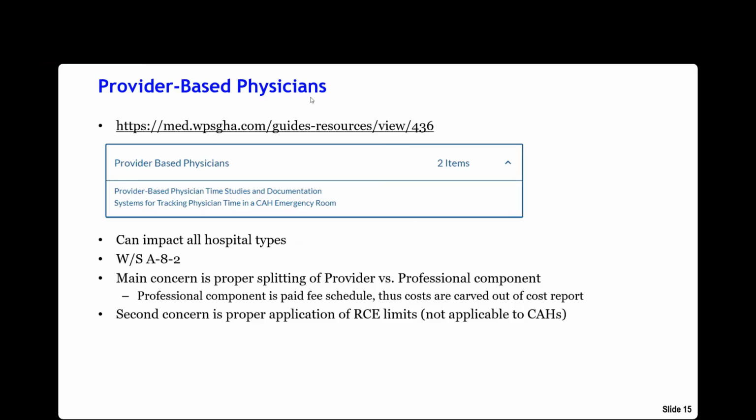And then provider-based physicians, this is a topic we've covered a little bit in the past, and some of these things recycle every few webinars if something's come up or questions have been asked. The link we have here is to the website, and we have a couple of different articles out there. One's on time studies and documentation, and then the other's on some questions that have come up from CAHs mostly, but it could apply to others. It's for systems they might have for tracking their physician time in the various areas of the hospital, whether it's patient related, non-patient related. And, these provider-based